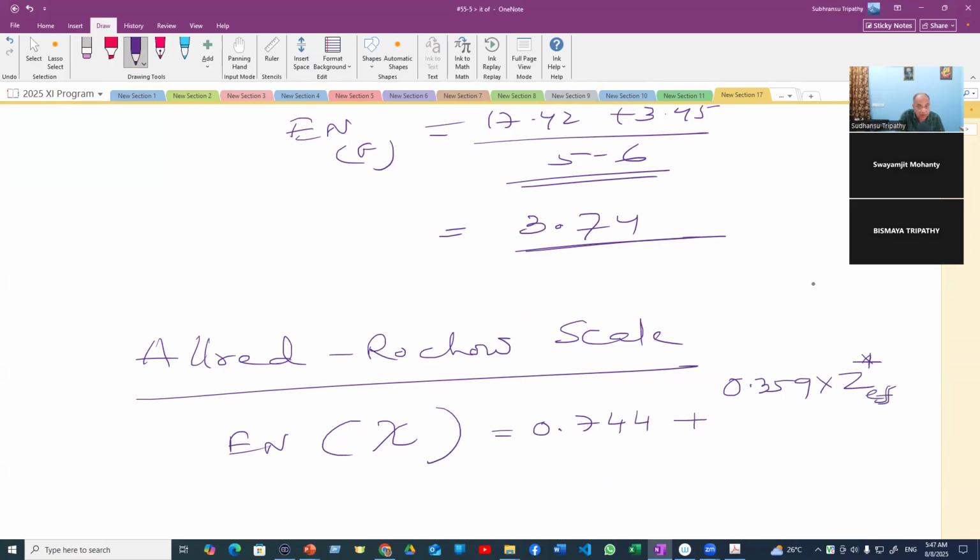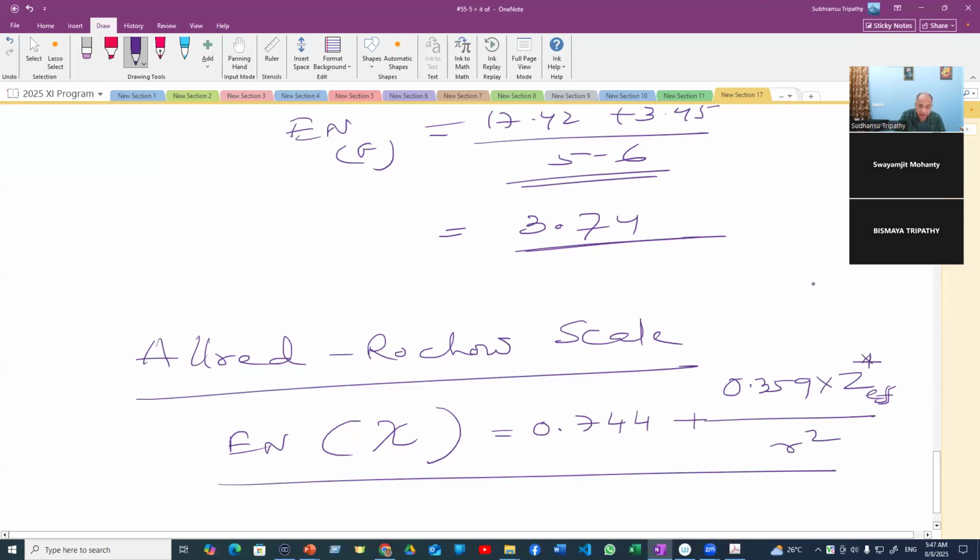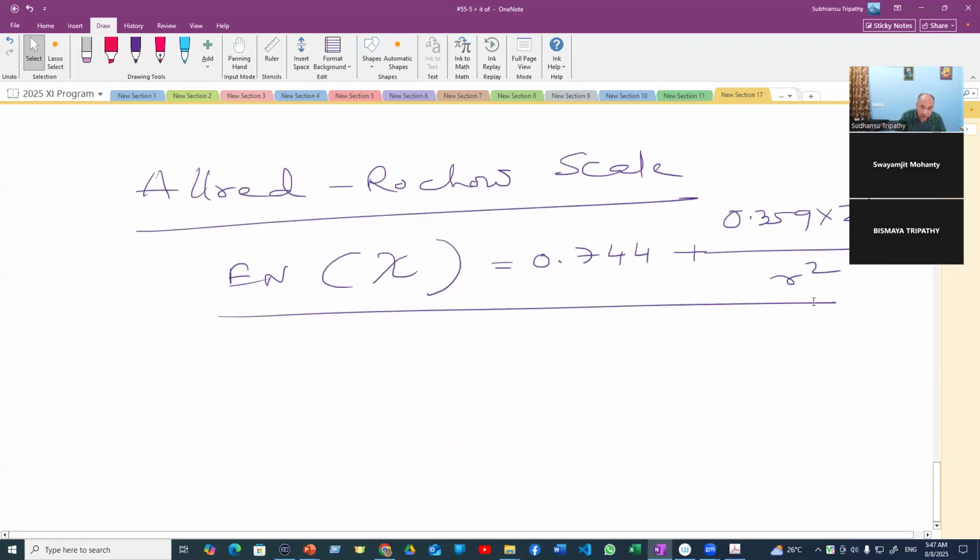You have to find out Z star using Slater's theory, and then divide by R square. So Z star is the effective nuclear charge, determined from Slater's rule, because you have to determine sigma first using Slater's rule,